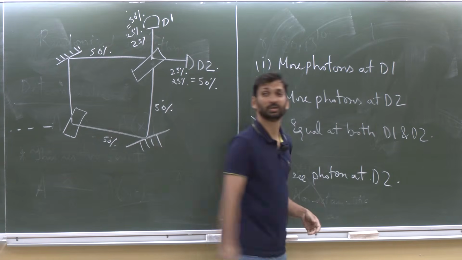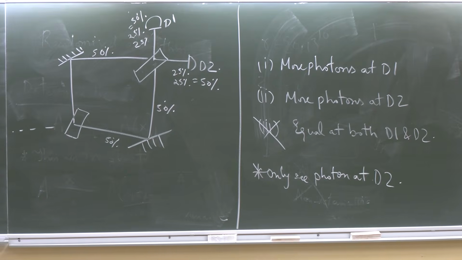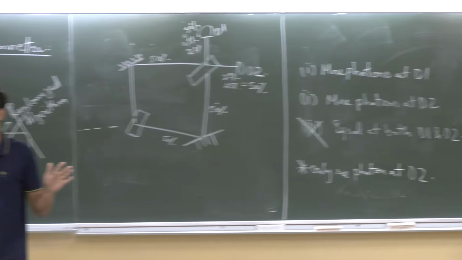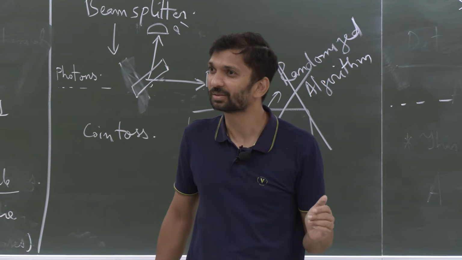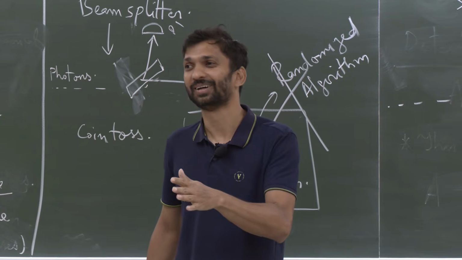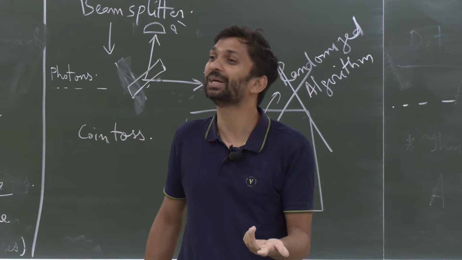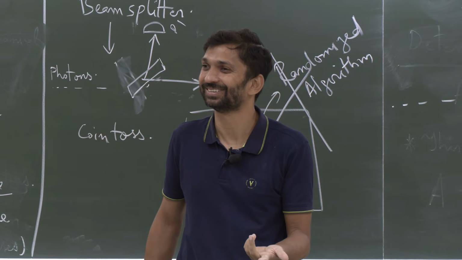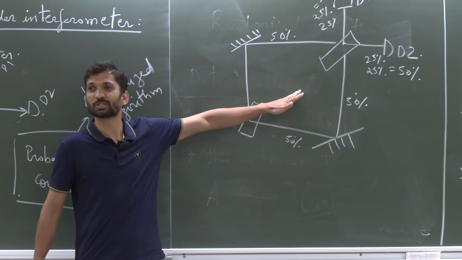So you see only photons at D2. Yes, that's what you are going to discover. Okay, I'm not going to give you a reason. I'm a computer scientist. I will tell you how I can use it to make fun algorithms. But today's task is to make sure that I can't explain this phenomena using